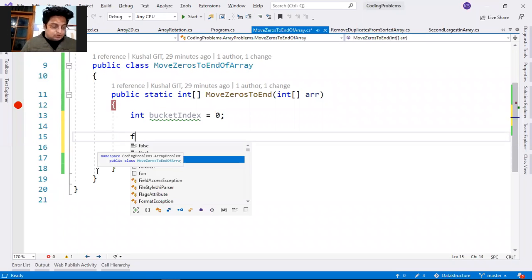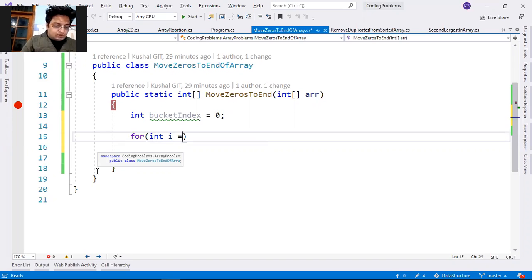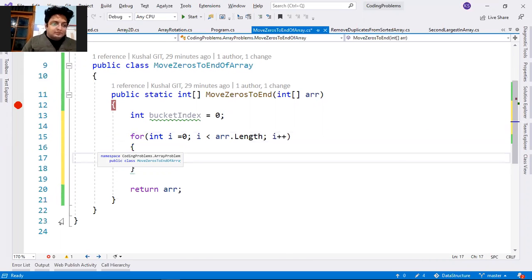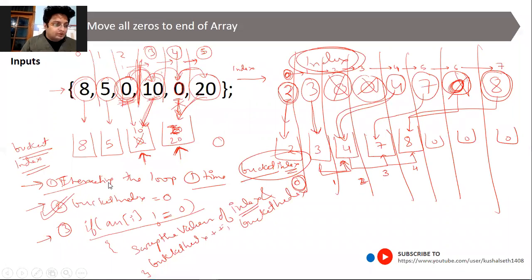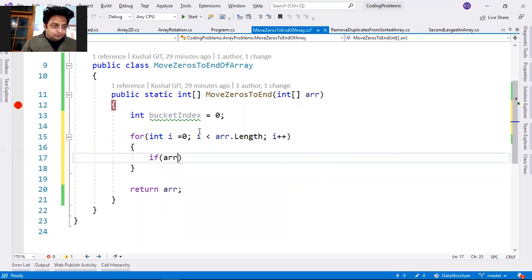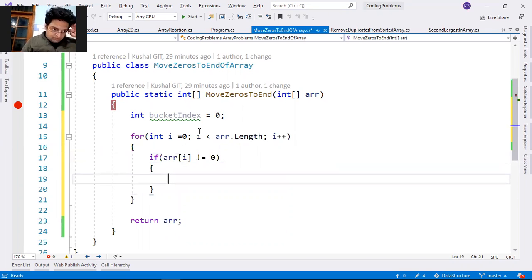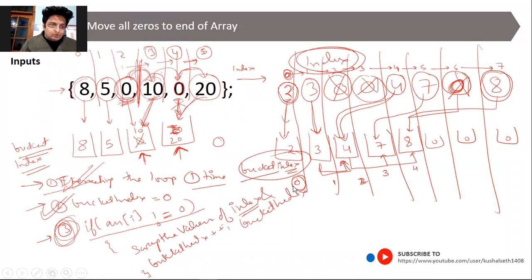So let's put a for loop of int I is equal to 0, I is less than array dot length and I plus plus. This iteration is also covered. Now we are basically taking the check, if array of I is not equal to 0. So when array of I is not equal to 0, what we should do, we should